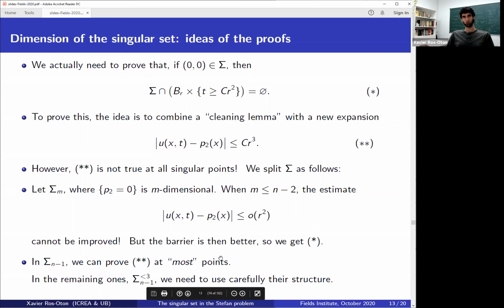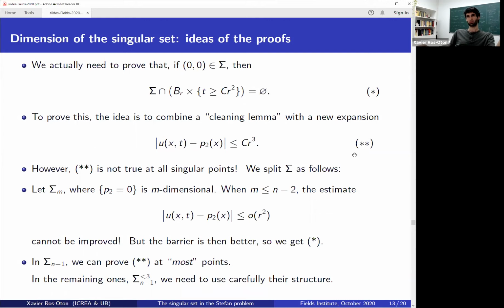Okay, and then something different that we need to do here is that in the remaining ones, so in these points where this fails, okay, in points in sigma n minus 1 in which this fails, that might exist a priori, then we need to understand carefully their structure. And by this, I mean, we need to understand some properties of the blow-up. For example, we need to prove that the blow-up cannot be independent of time, cannot be elliptic, then the blow-up will be always convex in space, for example. We need to use some properties of the blow-up and then use this in order to deduce that even if we don't have this expansion, we still can get this cleaning estimate with a 2 minus epsilon again, actually. But this is enough. So combining these three different sets, we get, in any case, this,